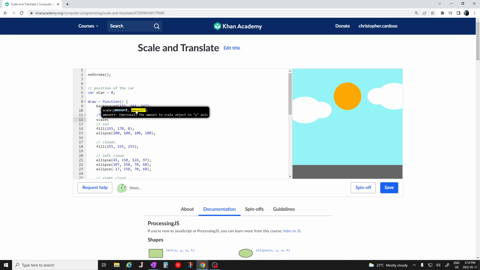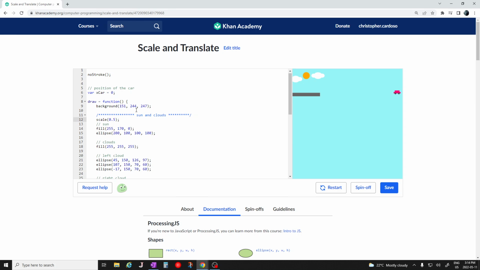You can put the second one in if you want to make it just wider, but if I want to scale in proportion, keeping the same dimensions, then I will just put in one number. Now the number ranges from 0 to 1. If I put 1 in there, that's the highest I can scale it, and 0 is the smallest it can go. So for example, if I go 0.5,